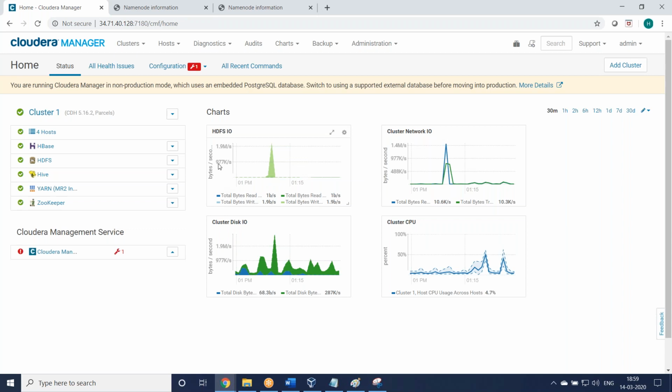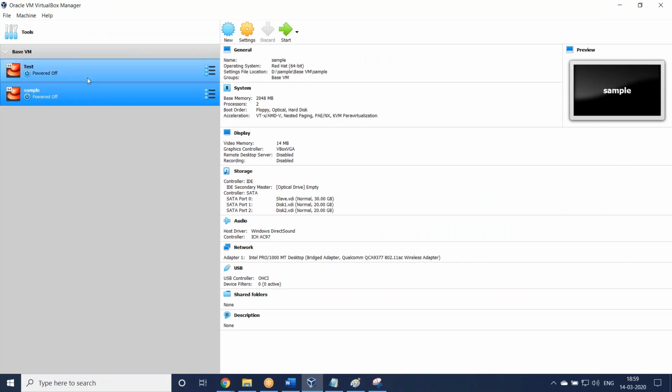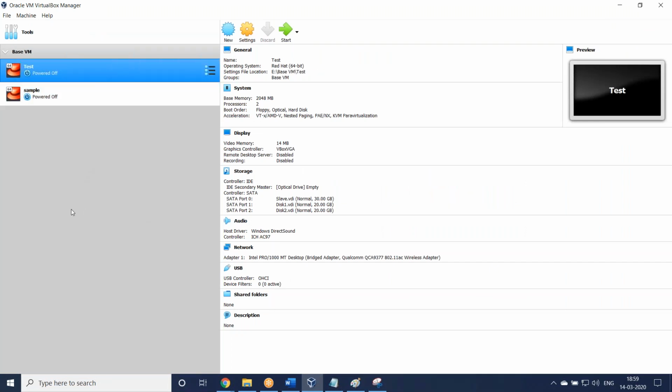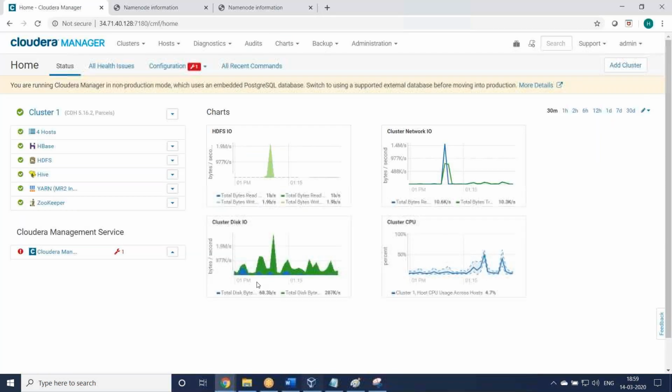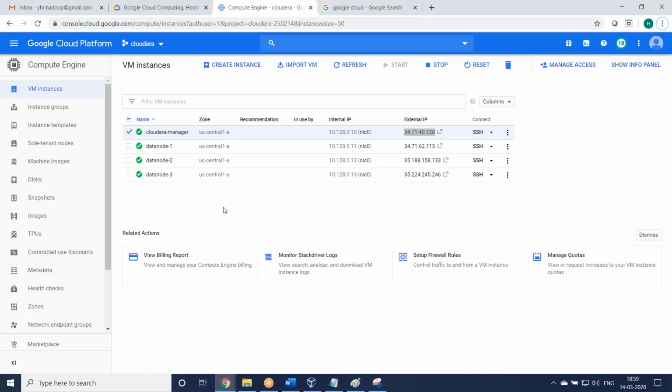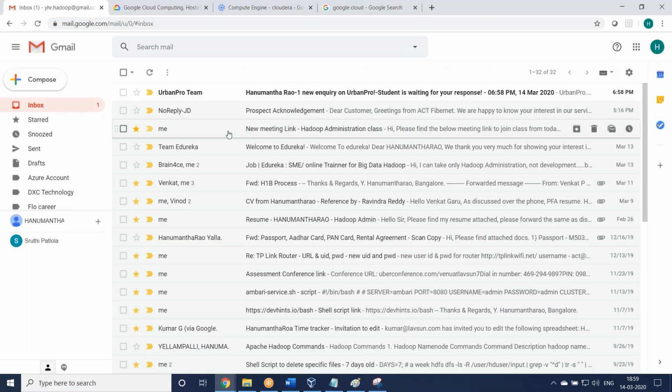So this is cluster installation through Cloudera. We are checking on Google Cloud. You can try the same here also. You can take the 4 servers and install them on your normal Windows machine, as we said, virtual machines. But we tried it in Google Cloud. Make sure once your practice is done and you have installed, you stop all the servers in Google Cloud. Otherwise, the billing will keep on running, and by month end you will get a bill.